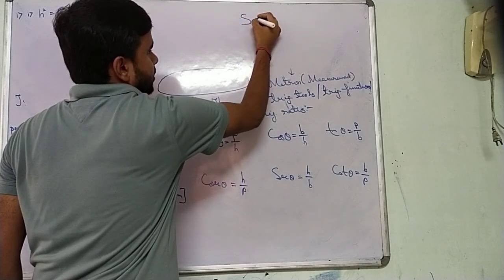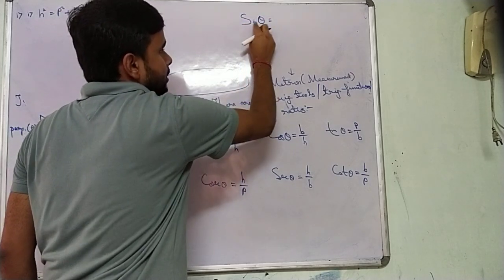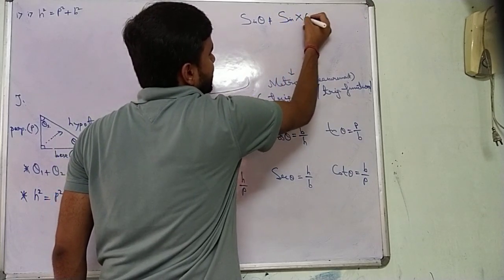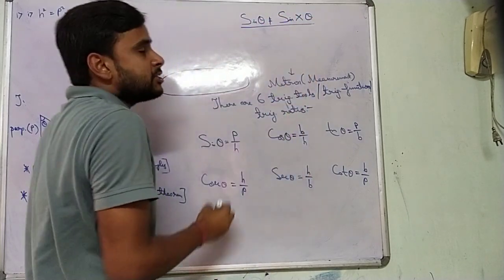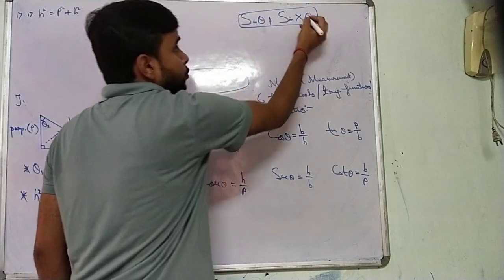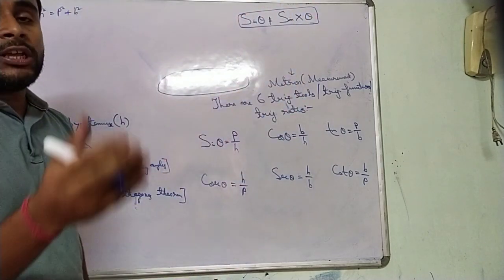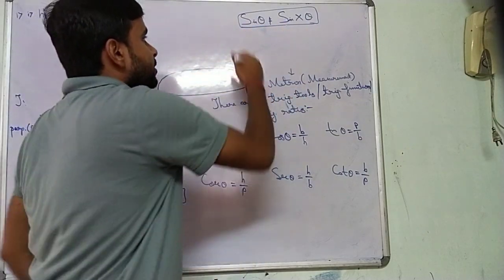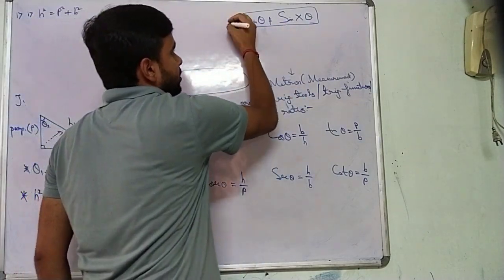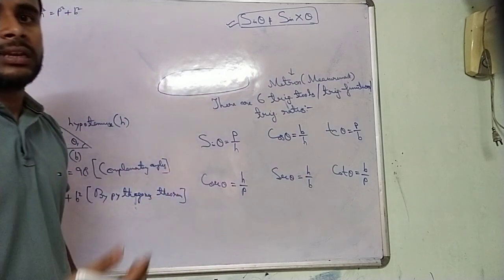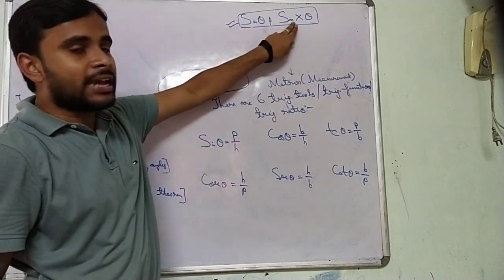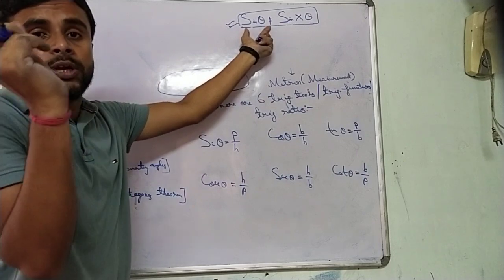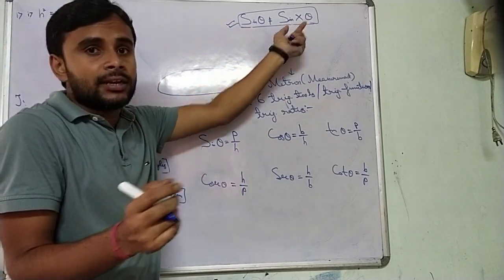One more thing, let me clear it up for everyone. Before starting this derivation, please make sure that sine theta is not the product of sine and theta. It's not algebra. Please mark my word, everyone. If you have a doubt in your mind from class 10 that sine theta is sine into theta, please make sure that this is a wrong concept, which you have been practicing in class 10. Sine theta is not sine into theta. Sine theta is a complete mathematical unit. It's not the product of sine and theta.